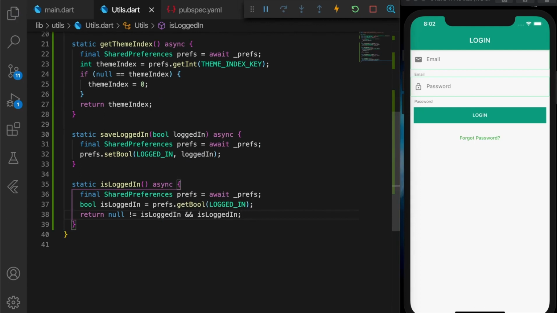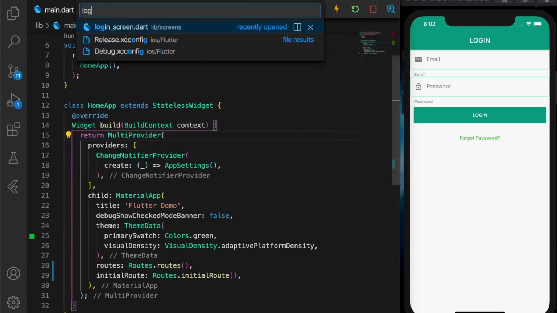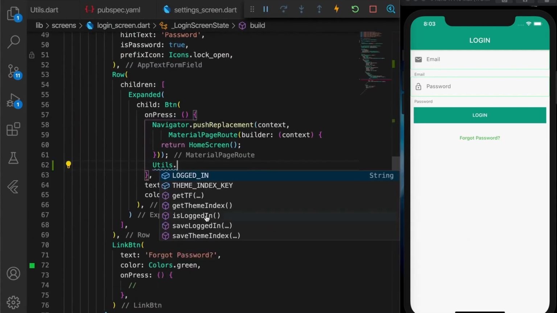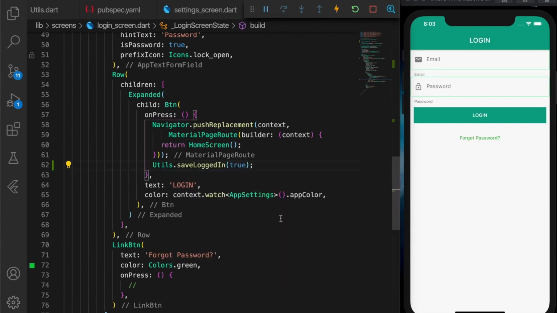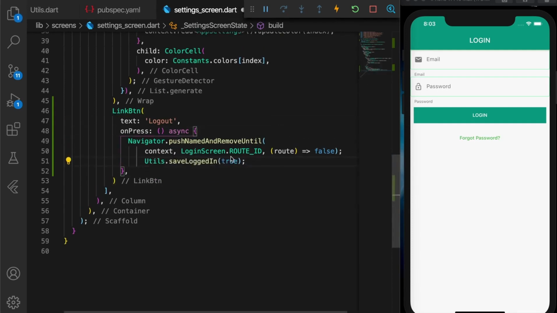Okay, so otherwise if it is returning false, that means the user has not logged in or he has logged out. Okay, so let's try it out. I'm going to open the login screen, so where the user actually logs in. So that is the place where we navigate to the home screen after login. So there I'm setting the logged in to true, and in the settings screen I'm setting the logged in to false